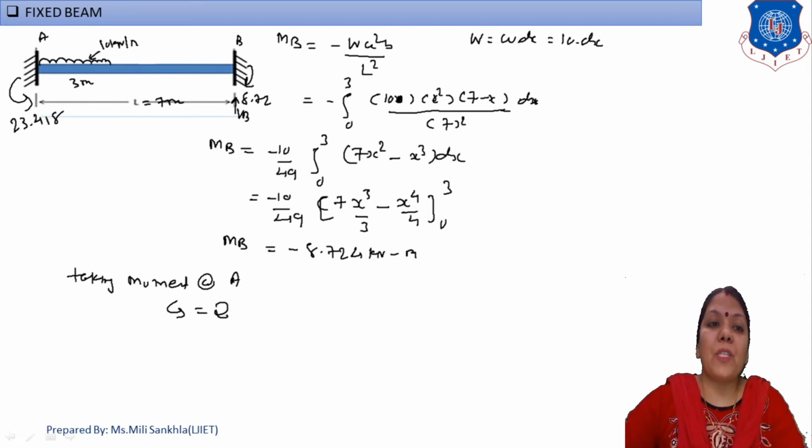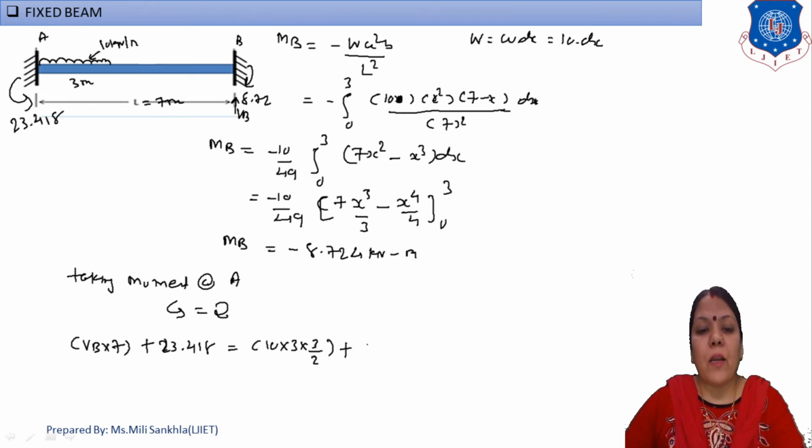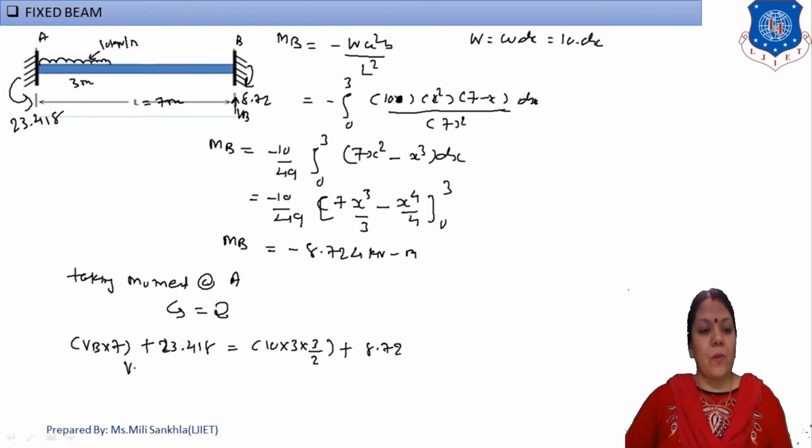This support reaction rotates anti-clockwise, VB into 7, write down here, VB into 7, and this moment is anti-clockwise, add on anti-clockwise side 23.418. This induced moment is clockwise, 10 into 3 and 3 by 2, write on clockwise side, 10 into 3 and 3 by 2, plus this moment is clockwise, again add on clockwise side,